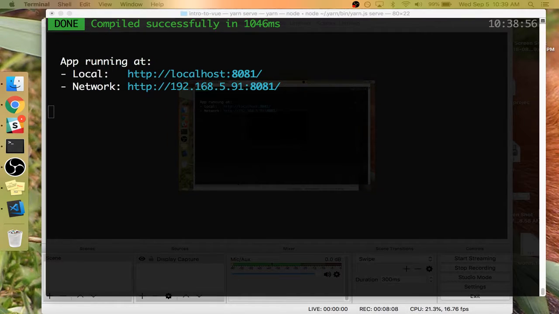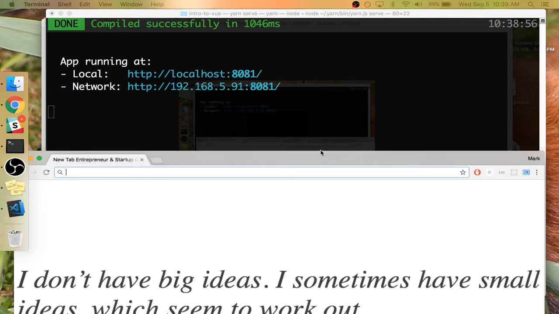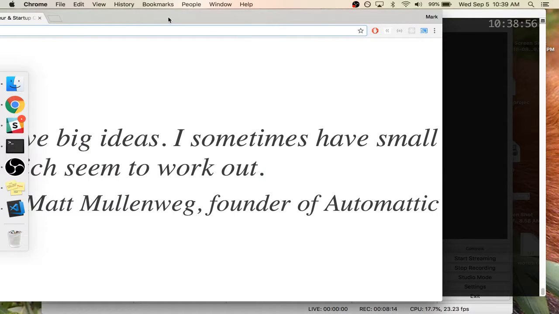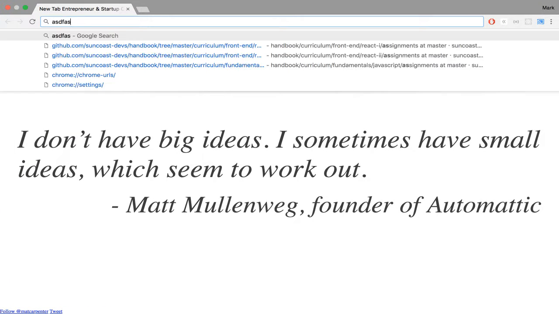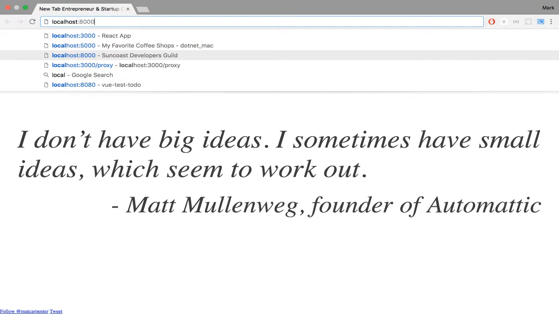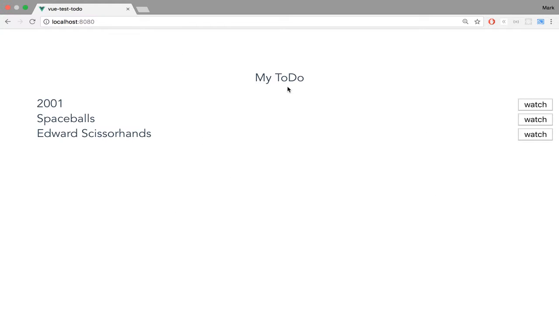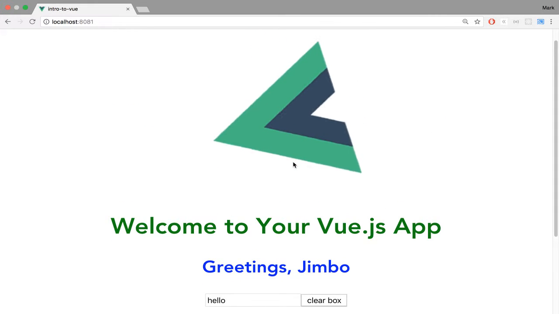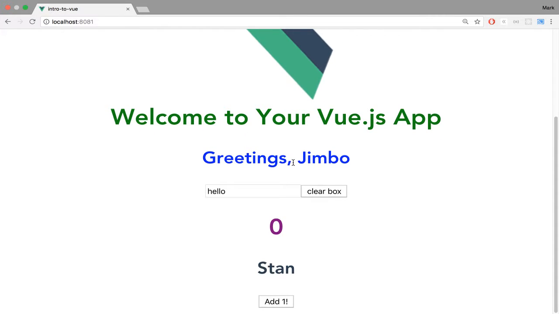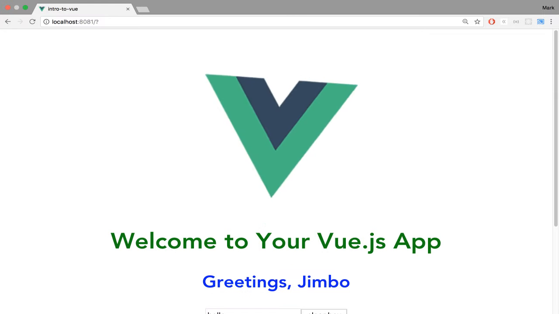So you have to wrap it around the form. Let's bring this over here. Dot prevent. Localhost 8080. Nope, 8081. There we go. See, I did get it spinning. So if I wanted to clear the box,